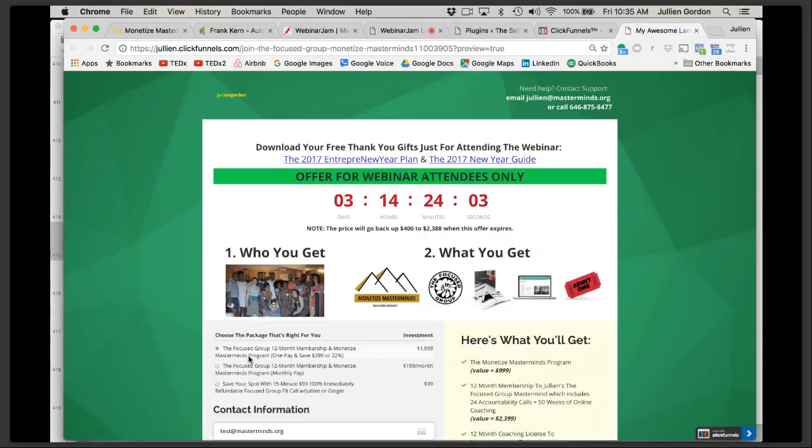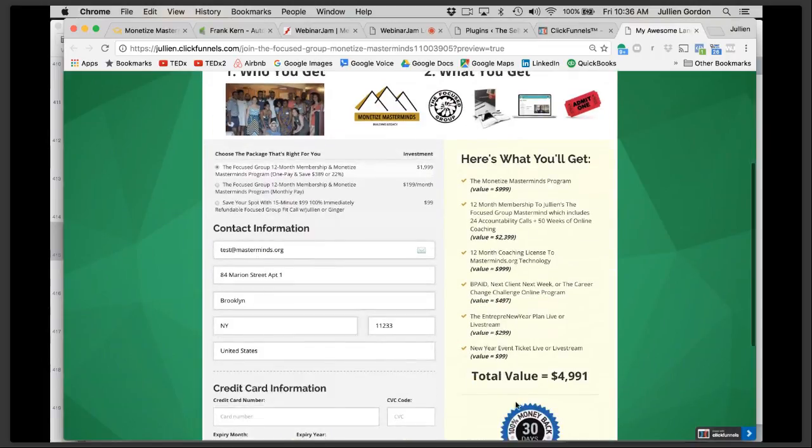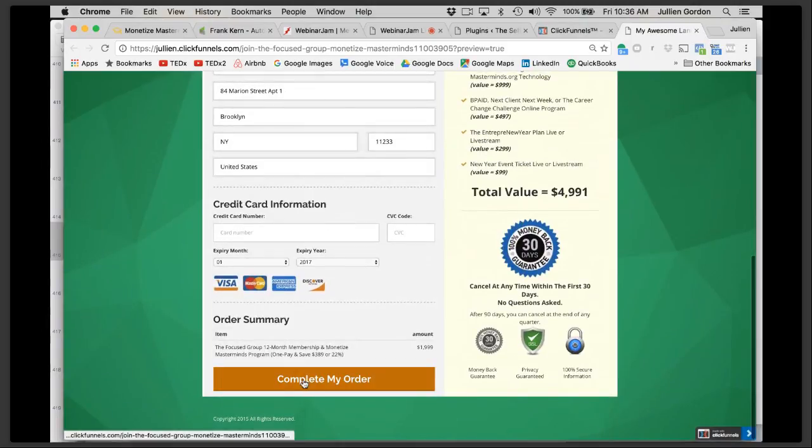So the way we position it, because it's a mastermind group and nobody else is doing this, is who you get and this is what you get. Everybody else out there is giving you stuff, right? They're giving you a what. We give you a who. And so the three options are here: $19.99 flat, $199 a month, or $99 for a fit call. We really lay out the value stacking here with the address,